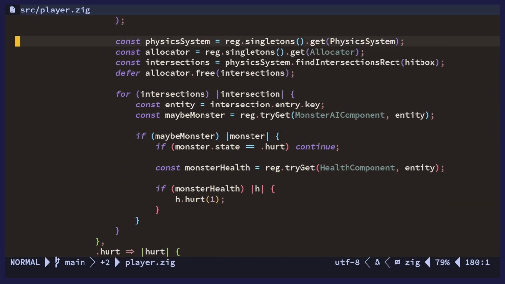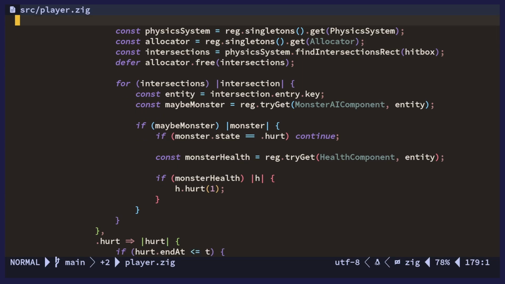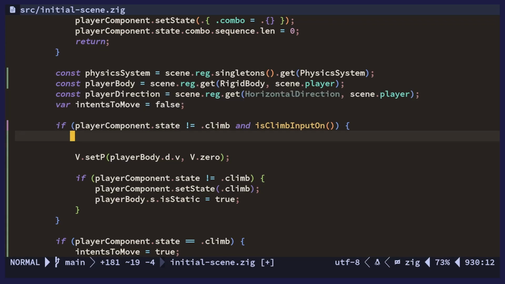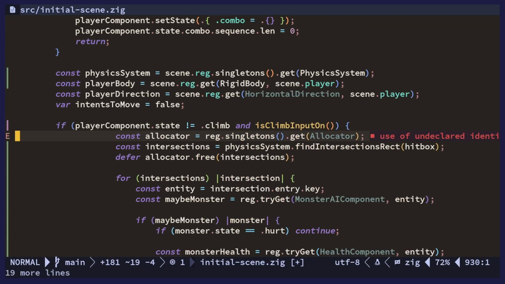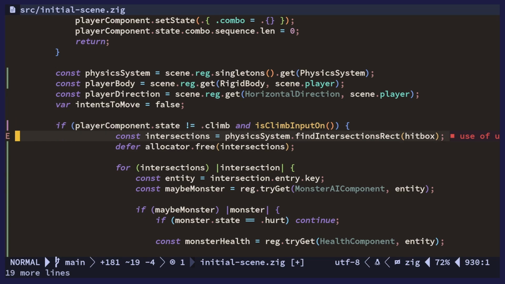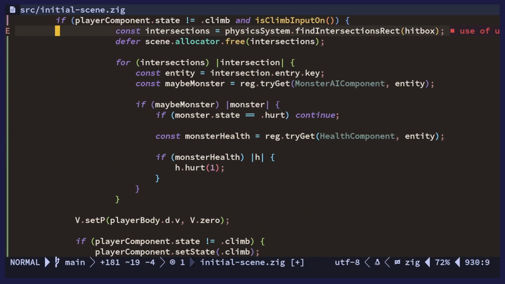So here we are grabbing the physics system, we are grabbing the intersections from this hitbox. So we can do this basic thing here, and we already have the physics system, so we don't need to get that. The allocator we have as well, so we can do this, and then